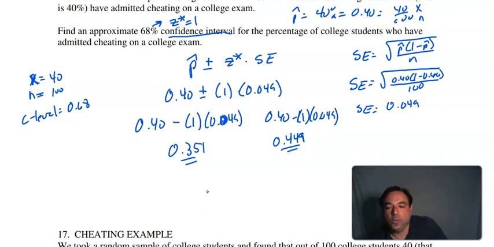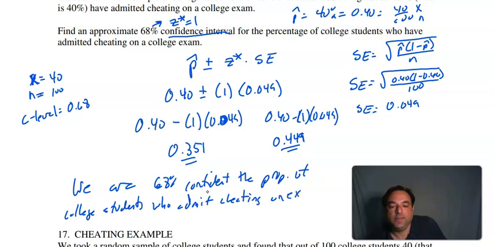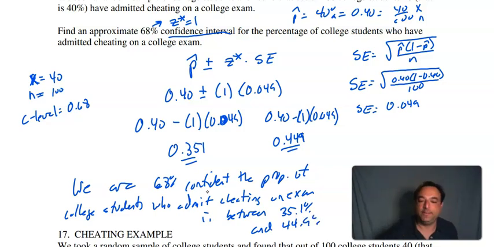The sentence is, we are 68% confident the proportion of college students who admit cheating on exam is between 35.1% and 44.9%. Okay, so we're 68% confident the proportion of college students who admit cheating on an exam is between 35.1%